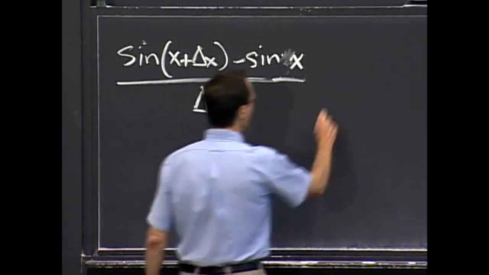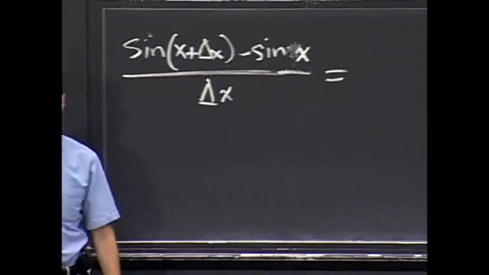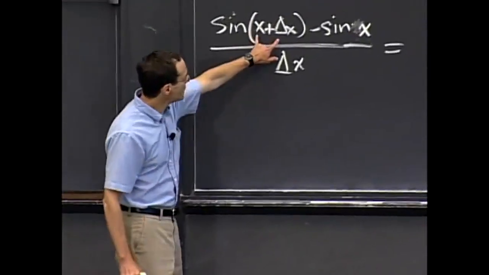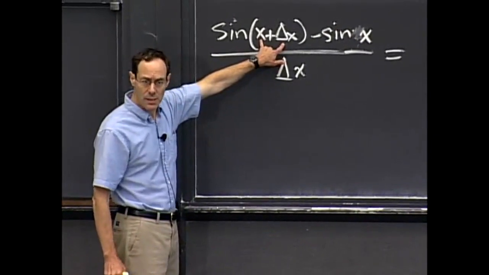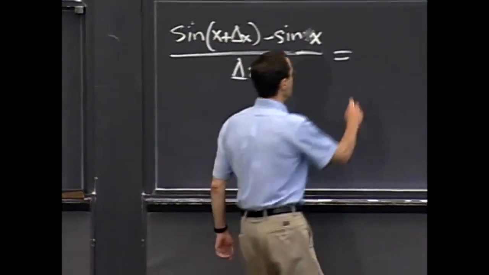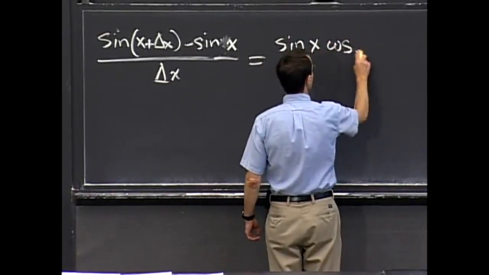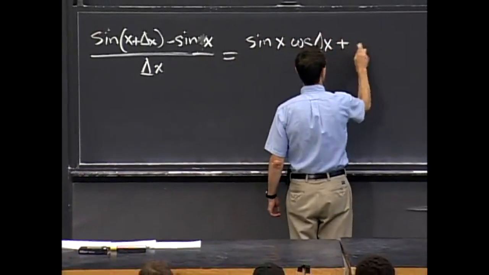And there's really only one thing we can do with this to simplify it or change it, and that is to use the sum formula for the sine function. So that's this. That's sine x cosine delta x plus